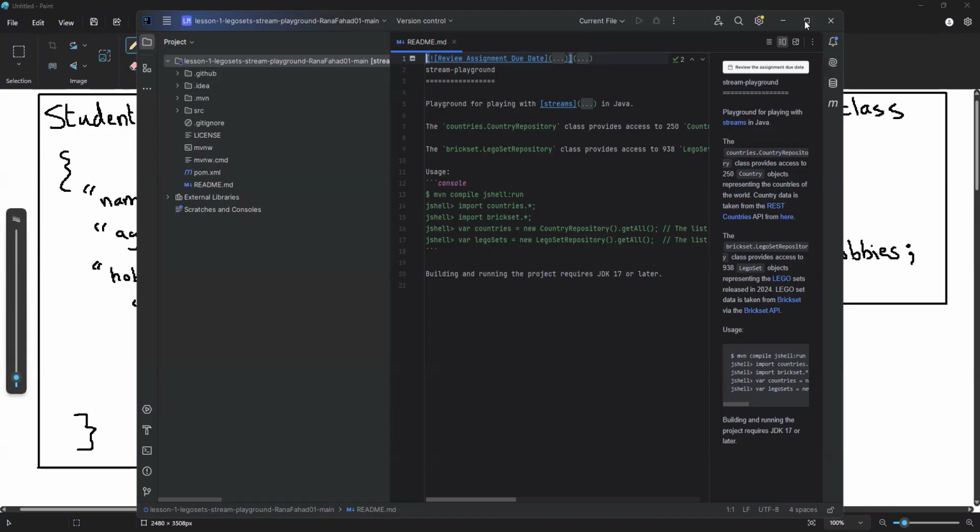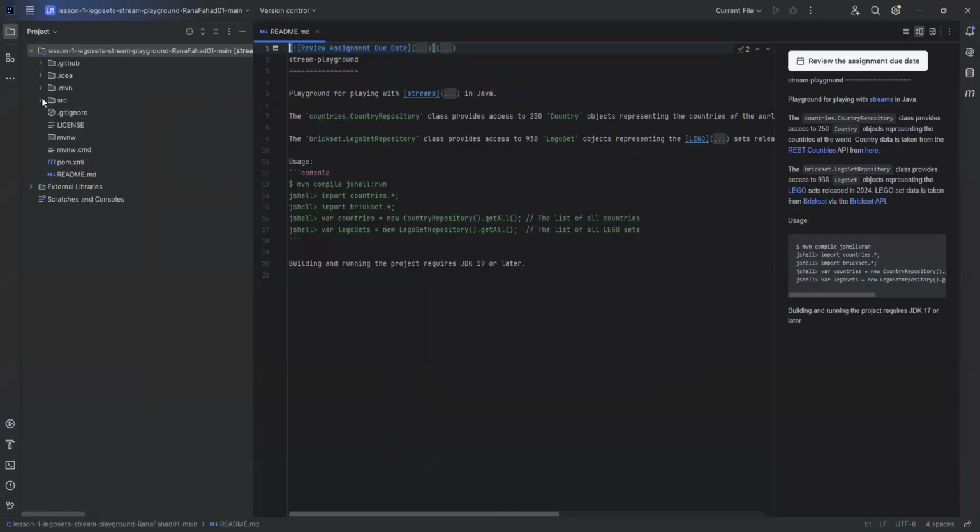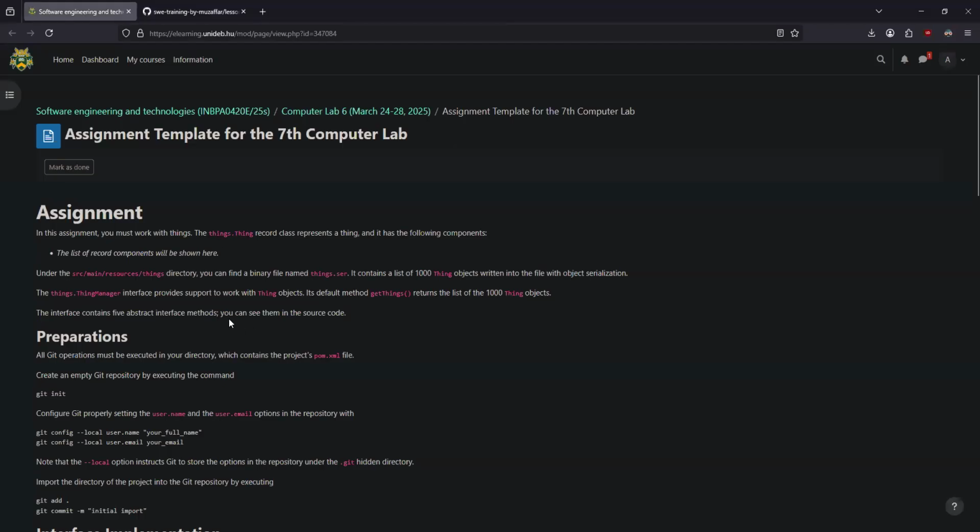So now we have it open as a project. Now you can see that all those things are here. You have a project view. And the first thing you have to do is get in it. Well, let me just go through this. So under the source main resources things directory, you can find a binary file named things.serial. So this is the important thing because right now